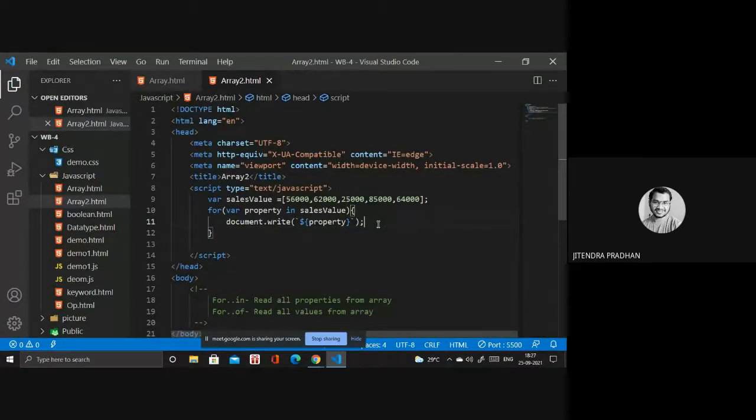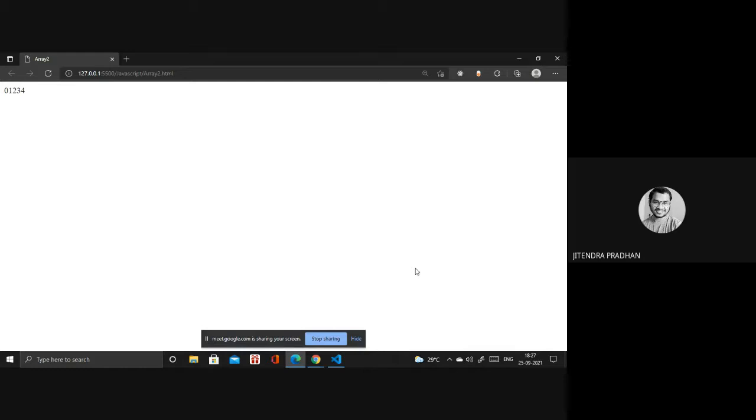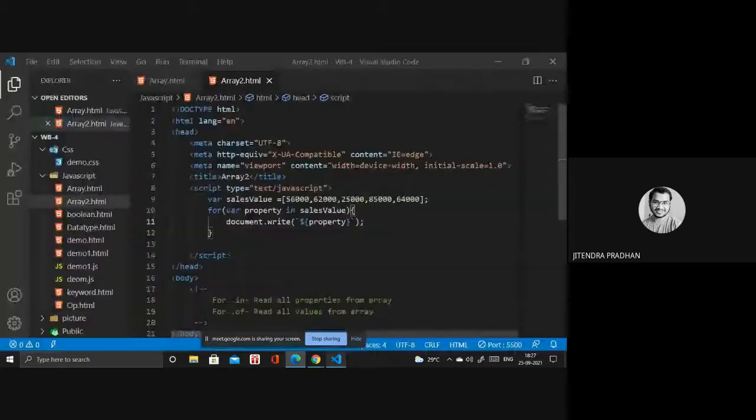Wait two seconds, it will open soon. Have you got that one? 0 1 2 3 4, it will be printing that. Why? Because it's zero index number, one index number, two index number, three index number, four index number. Those are the properties.